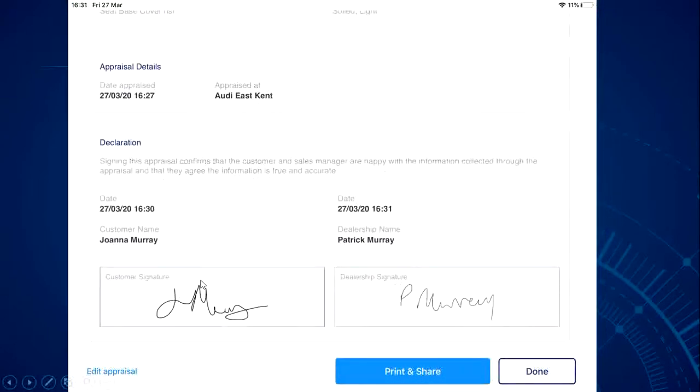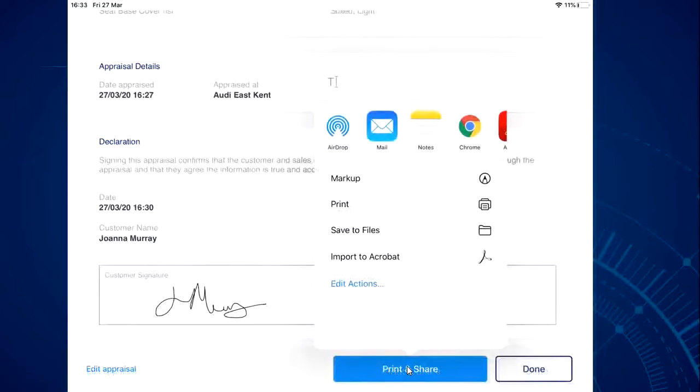And swipe down to the bottom. Now, just at the bottom here, you'll notice it's got customer signature and dealer signature. As soon as I click that, it puts the iPad into a position where the customer can sign with their finger or whatever, or if you've got one of those little pens for the screen, that's great, because you've just walked them through it. You also need to sign it,